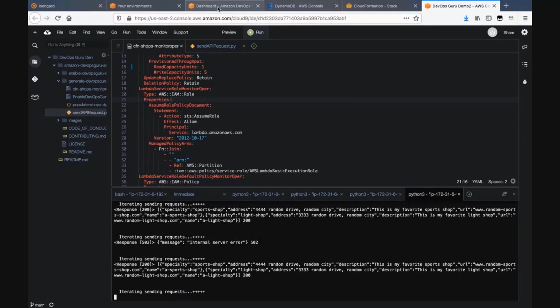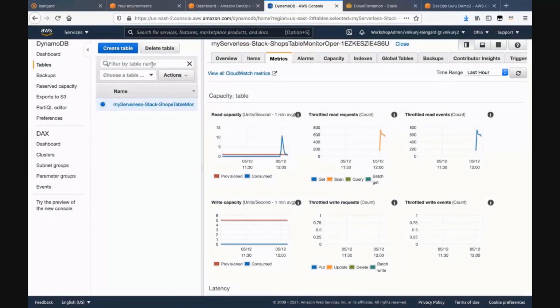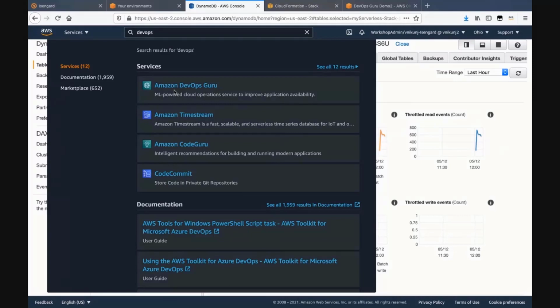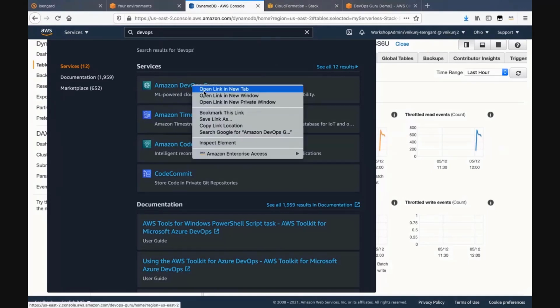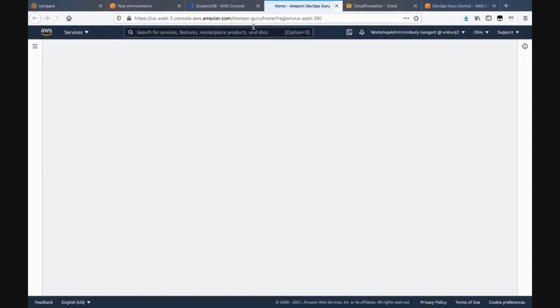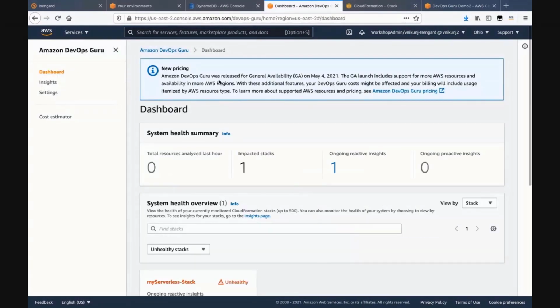So now when you go back into this DynamoDB table, what you would do is navigate to DevOps Guru. You will go in. Sorry, I should not have done this. DevOps Guru, link in the new tab. All right. So here I'm opening up Amazon DevOps Guru, and as you can see, in this particular region,